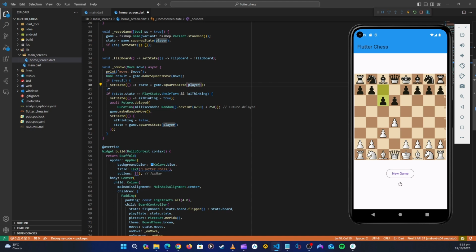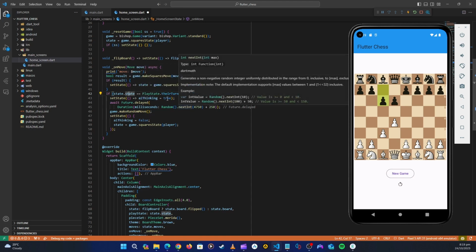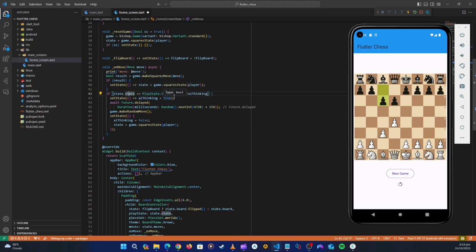Once that is done, this method is true, and it sets the state to black's turn. Now we'll check again inside the state, if player state is black's turn, meaning white has played, and AI